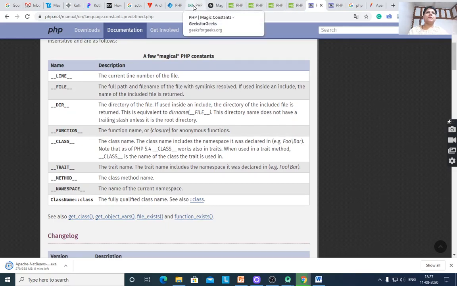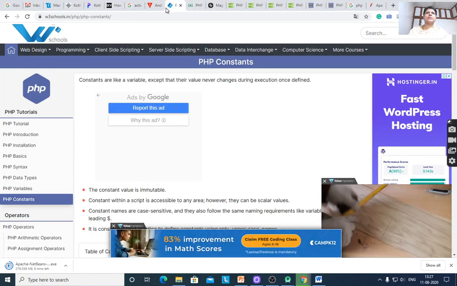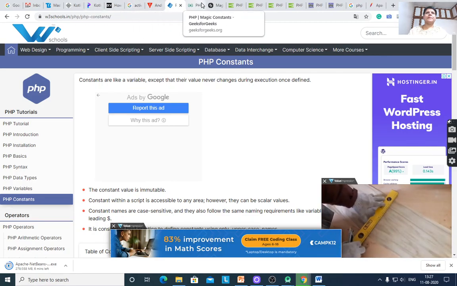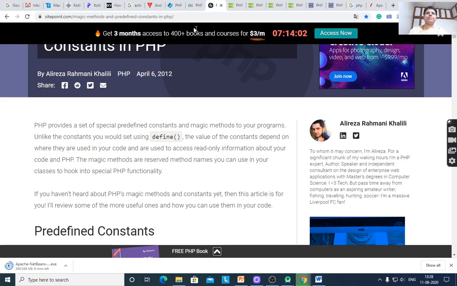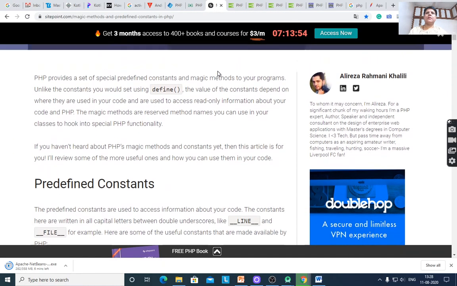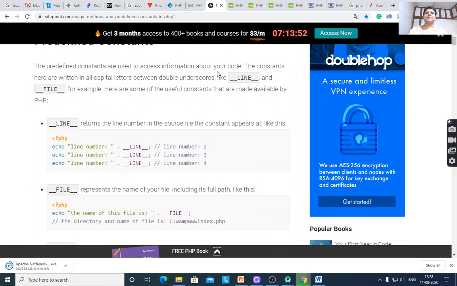Here we can see magical constants. First, line returns the line number in the source file where the constant appears. Suppose echo line number 2.